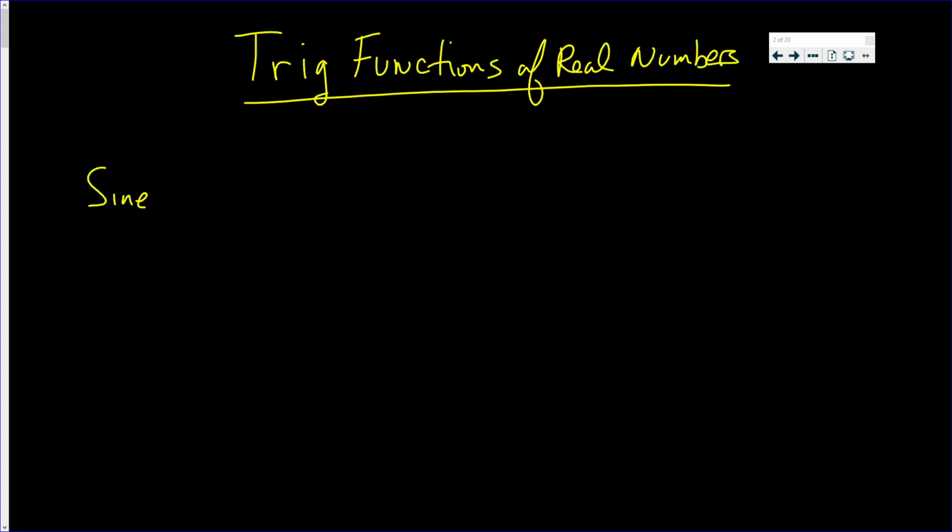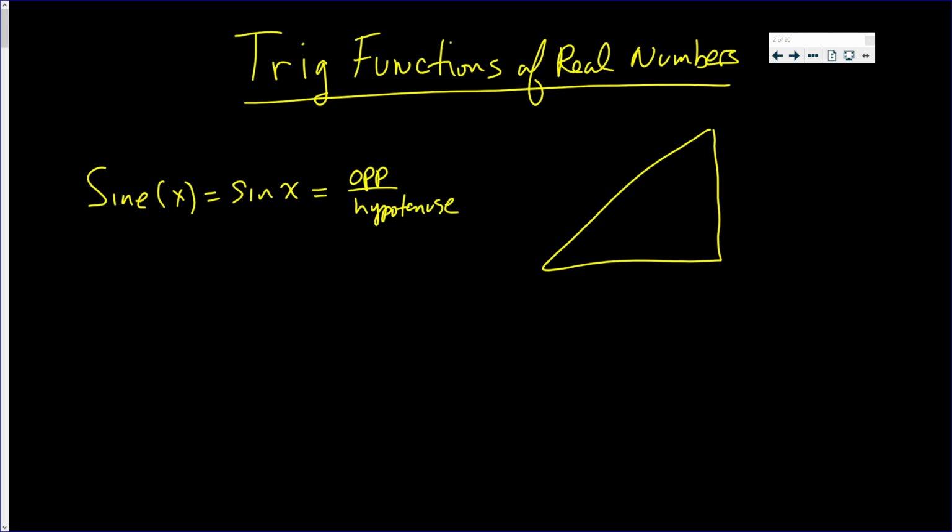The sine of x, which is always abbreviated by sin of x, is equal to the opposite side over the hypotenuse. If you have a right triangle, what's opposite the right angle is the hypotenuse, and let's talk about